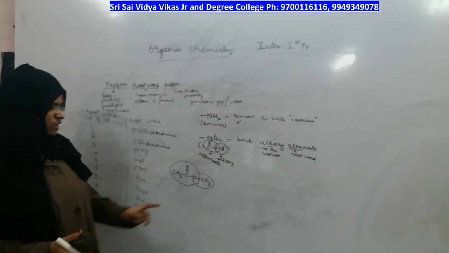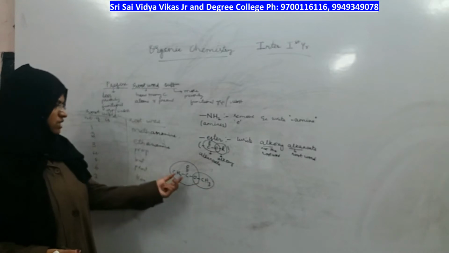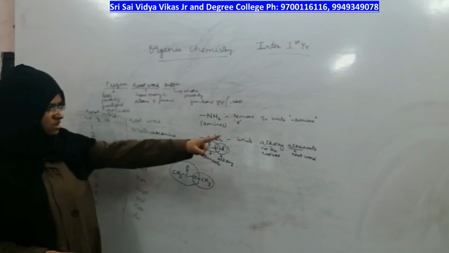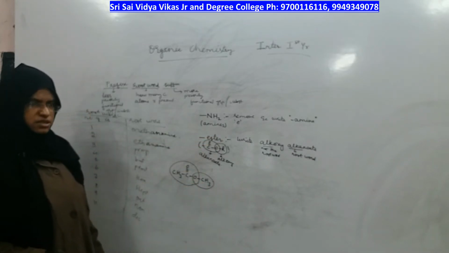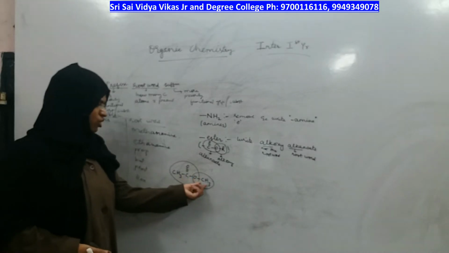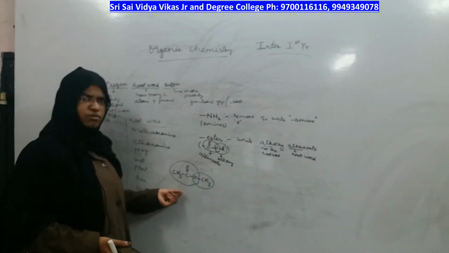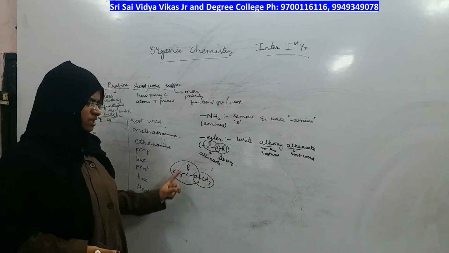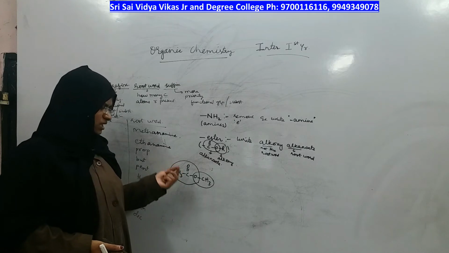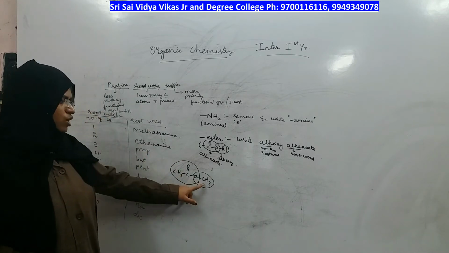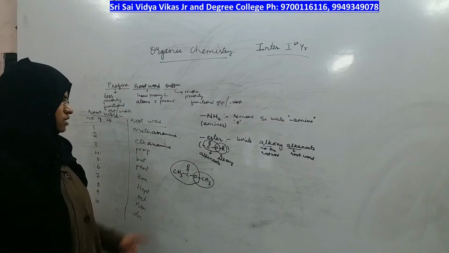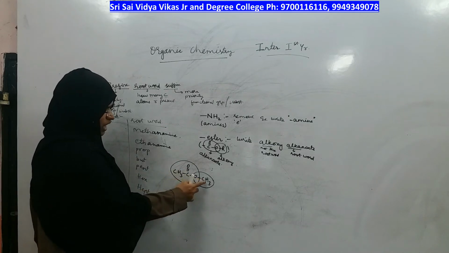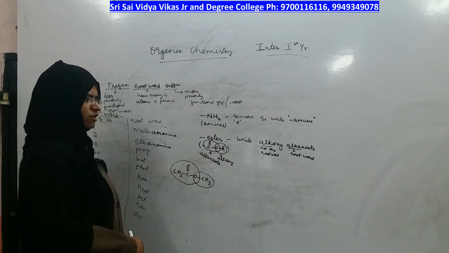Suppose in this case, what is the alkoxy group? Methoxy. What is the alkanoate group? 1, 2. 2 means ethane. Ethanoate is that one and methoxy is this one, right? So what is the name of this compound? Methoxy ethanoate, in which the small circle should come first and the big circle should come next. The big circle's carbon is the root word, the small circle carbon is not the root word. If ester is the functional group, I wrote C double bond O, O R. So this is the example of ester.